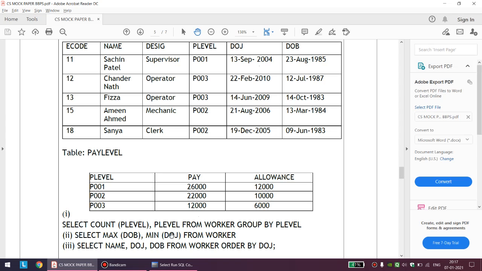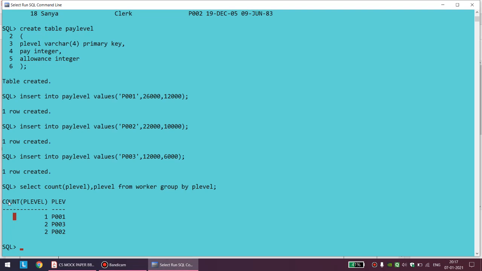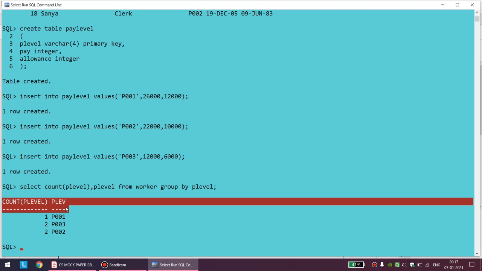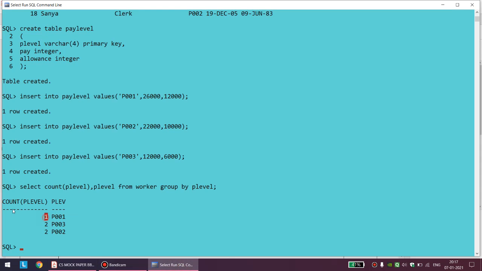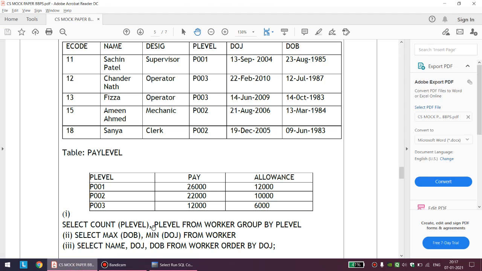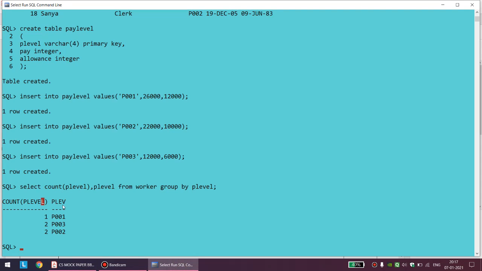Okay, and see students, there is a pattern of writing output that you should follow so that you do not miss anything. Even in the first question, you have to make sure that these two lines are there. Count P level. Now how do you identify? Please see, count P level. So what will be the heading of this column? The heading of this column will be count P level only. That must be written. The heading of the second column will be P level. Although here P level is not fully displayed because the length is 4, you can write the entire thing, and please make sure these underlines are there.